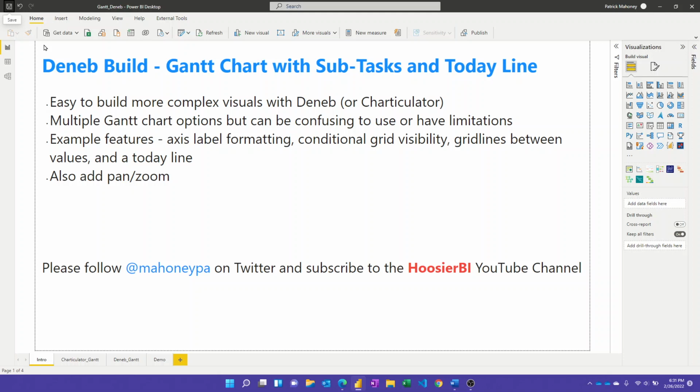In today's video, we're going to talk more about Deneb, the low-code way to make custom visuals with Power BI. I'm still geeking out about it, so I'm still going to talk about it. Today, I'm going to do a demo build of a Gantt chart, and whether you need a Gantt chart or